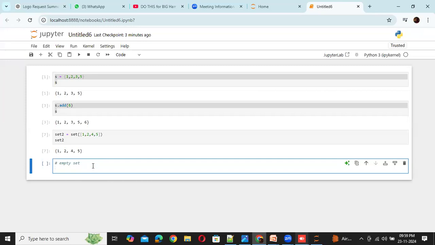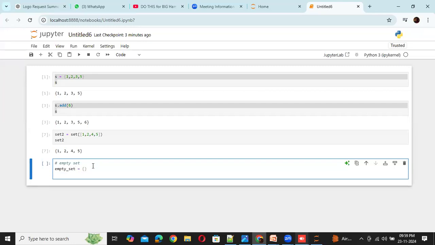Okay. How do I define an empty set? For example, if I say empty set is equivalent to curly braces, but curly braces we used in the previous session to define the dictionary. Then how will Python know whether the given curly braces is a dictionary or a set? So we will explore that.